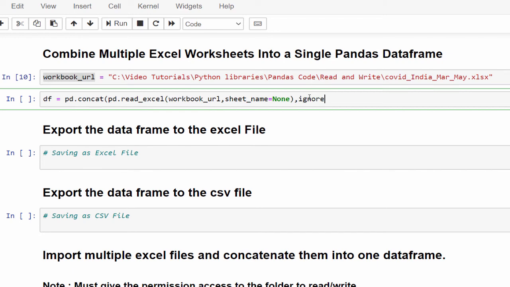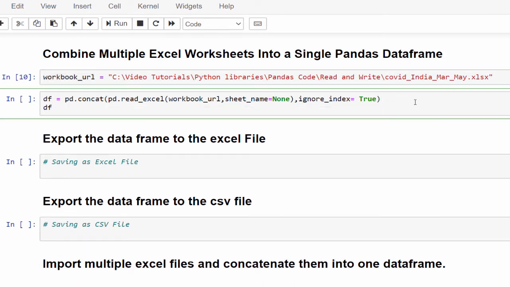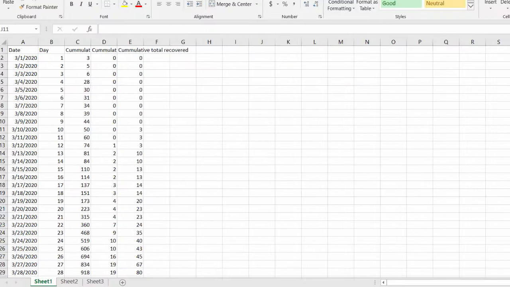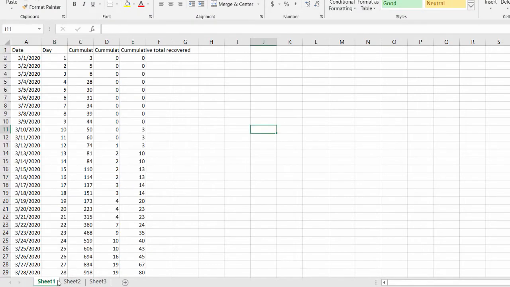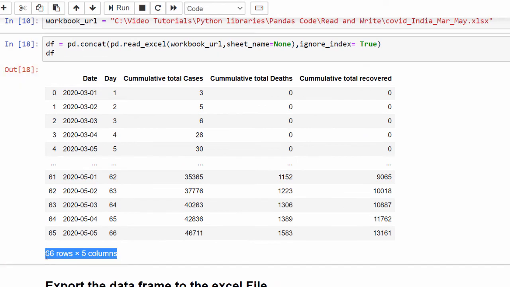After that, ignore_index equals True. I don't want this index issue. I will execute and show you the difference. See, all these three sheets are combined into a single data frame. The total is 66 rows and 5 columns.